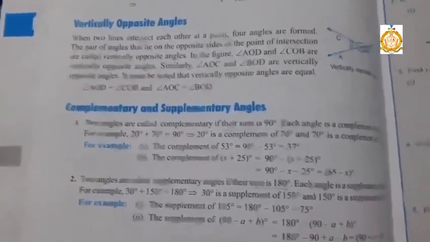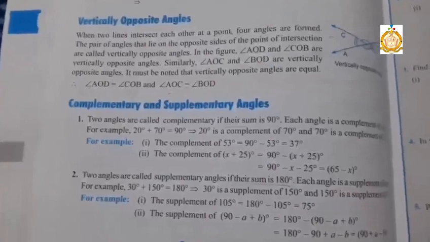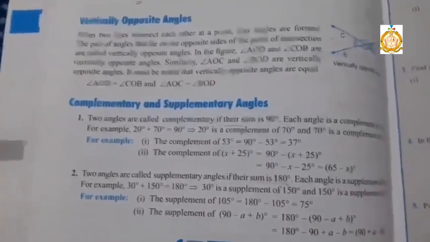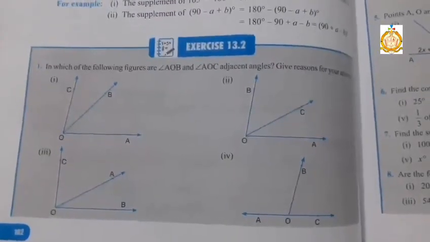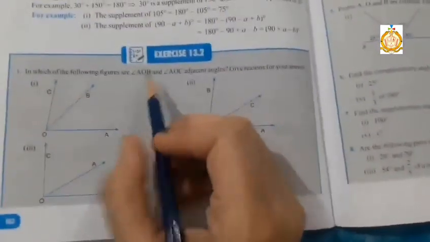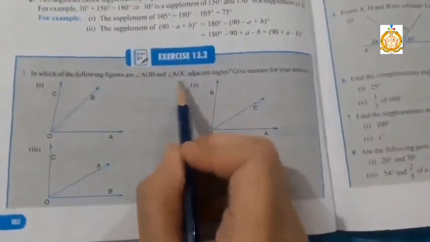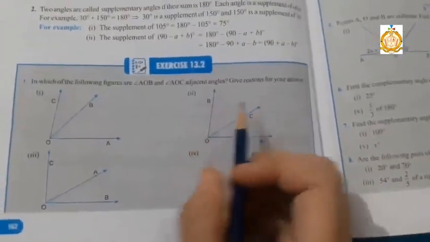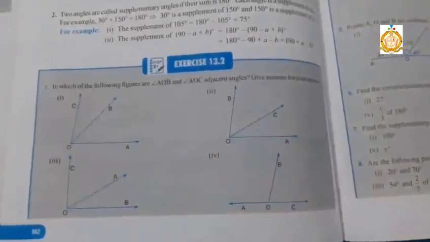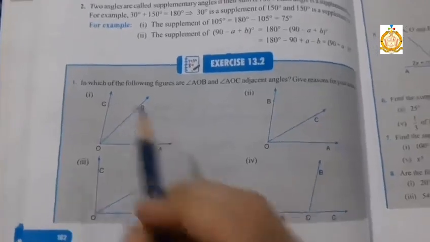Students, do remember all these kinds of angles and let us proceed to the sums. Now we will do exercise 13.2. First sum is, in which of the following figures angle AOB and AOC are adjacent angles, and give reasons for your answer. Here see, in the first,